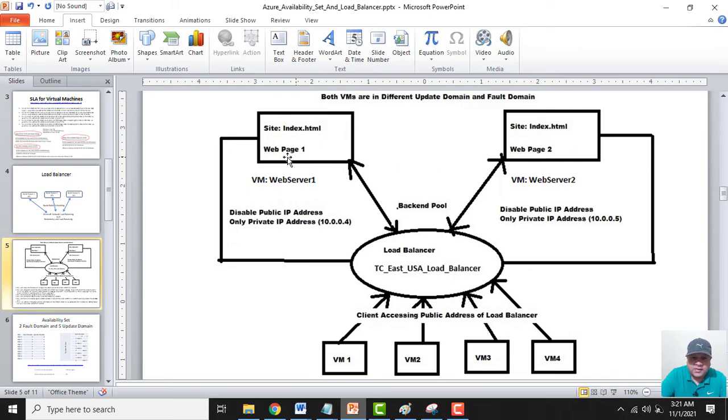After that, I will disable the public IP addresses, and I will configure one load balancer with a public IP address, and I will configure these servers in a backend pool of this load balancer, so that whenever a user tries to access port 80, the web application that is running on these servers, the first request should go here and another request should go here. So we will be doing this practical.